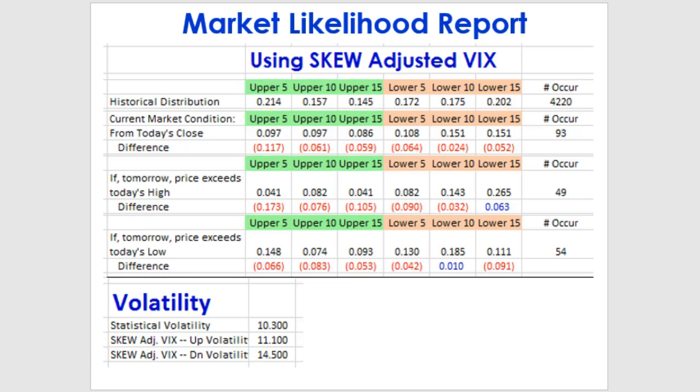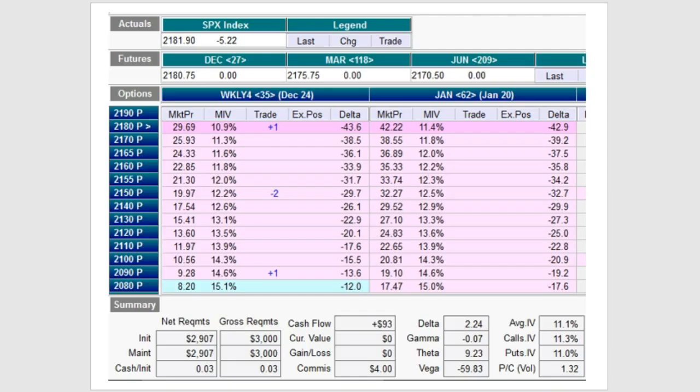So let me click here, click here. Let's just take a look at a broken wing put butterfly that's been delta adjusted to be as neutral as we can get it. Here's what we do. I'm going to input that 14.5 in OptionView's SV box to get the definition of a 1 standard deviation level. And what we're going to do is structure this put butterfly such that there is 30 points from the long to the two shorts. And then we're going to have to go out about 60 points to get to this one down here. Now, when you do it this way, the delta is about as close to zero